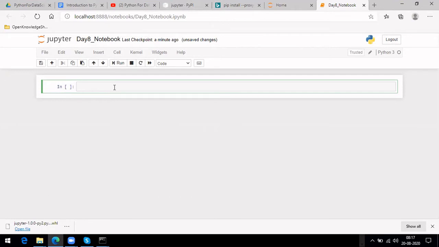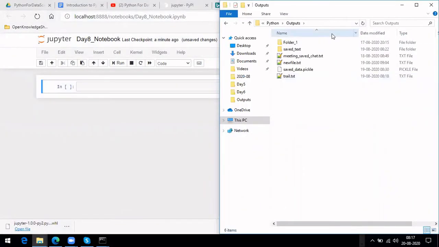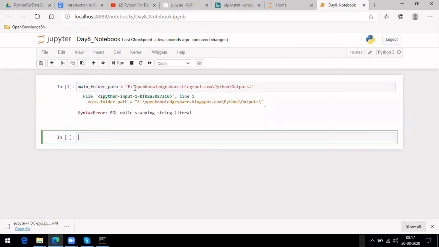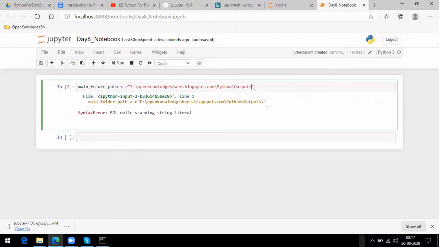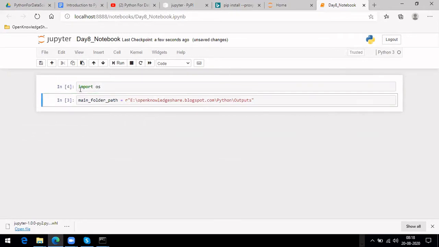Okay. So initially, let me try to give this task. Main folder. Let me do import os.